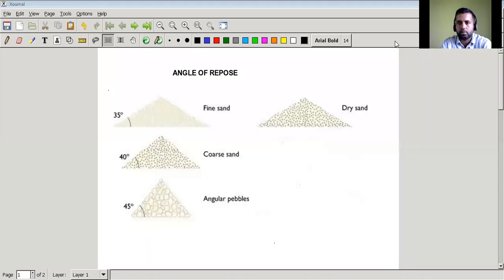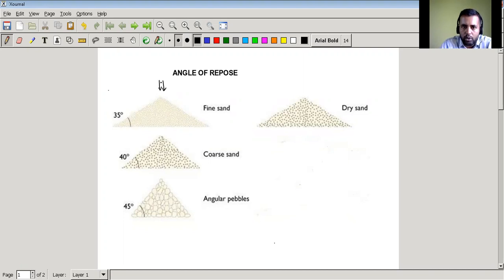Hello all. Today we are going to talk about a very important topic, angle of repose, which is related with friction. Okay. Now to start with, here you see three pictures. It might be familiar to you. Suppose you pour sand in this direction with your hand or through a nozzle or anything, then you know that you will get a heap of sand, and this angle, which is 35 degree for a fine sand.